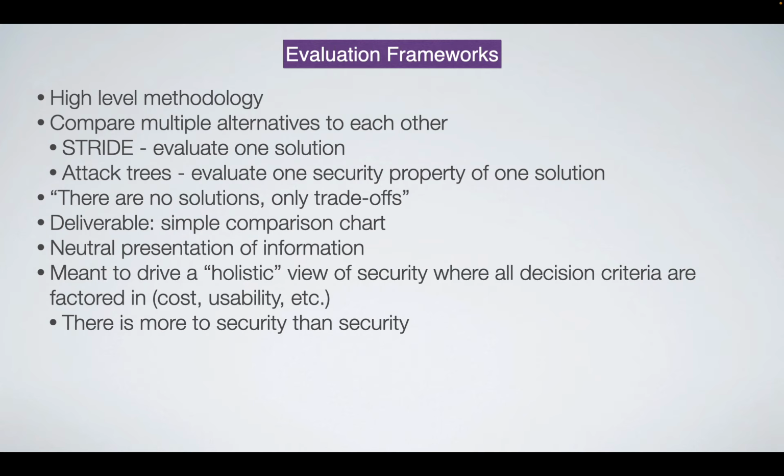The other thing we try and do with an evaluation framework is we care more about security than just security itself. So you're going to have a bunch of properties that are relevant to security, but there's other things that people factor in when they make decisions that are not necessarily strictly about security. A great example would be cost, right? I can give you a super secure solution, but it costs $1 million. And then I have one that's pretty good, maybe not as secure, but it only costs $10 per user. Which are you going to go with, right? So cost is a factor.